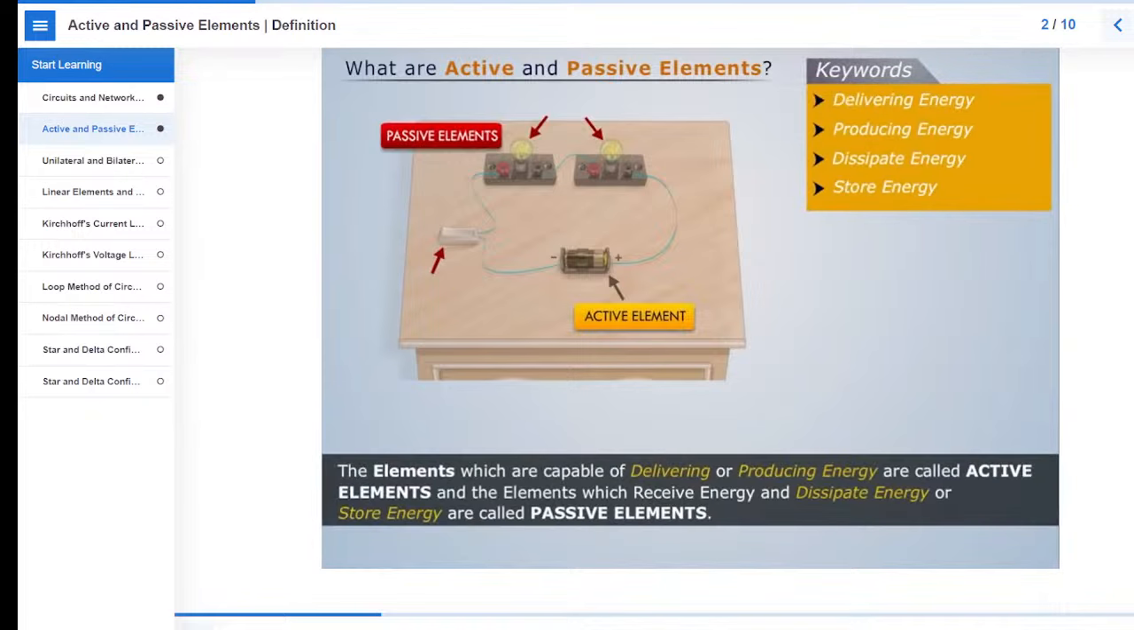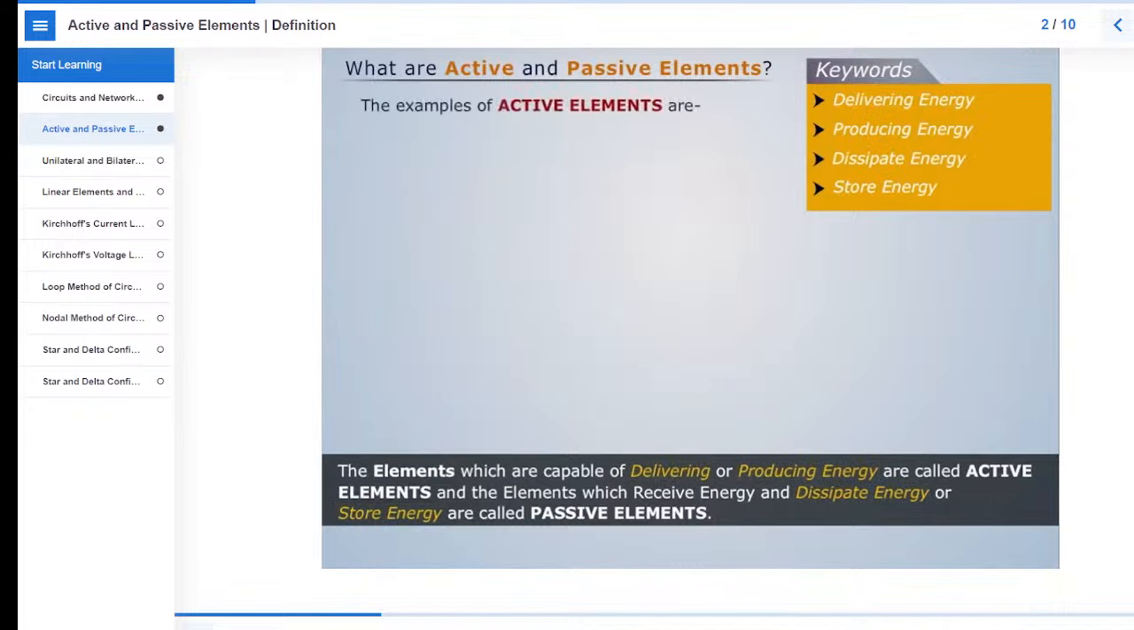Thus, the elements which are capable of delivering or producing energy are called active elements, and the elements which receive energy and dissipate energy or store energy are called passive elements. Some of the examples of active elements are